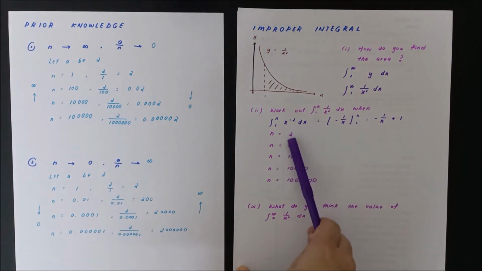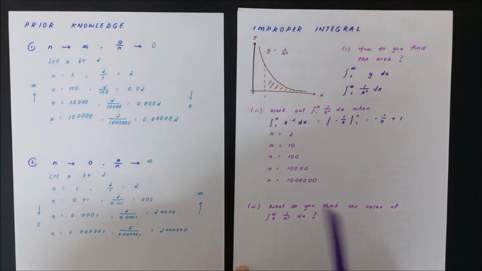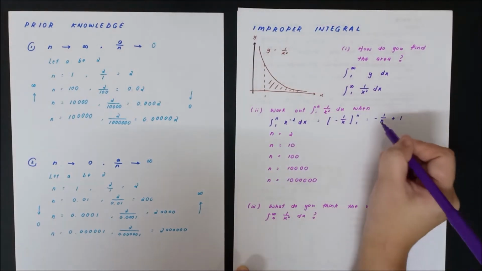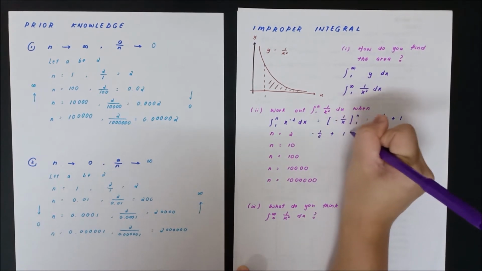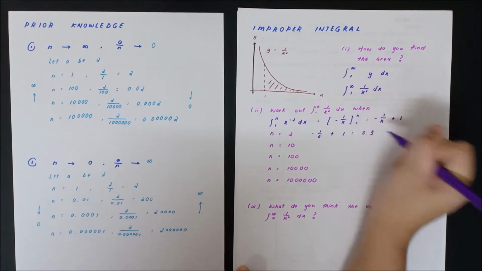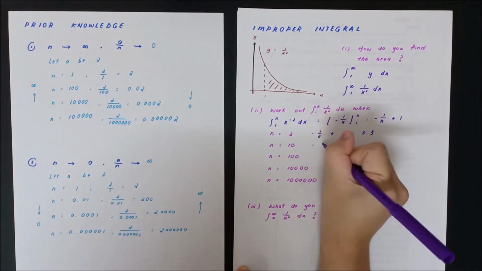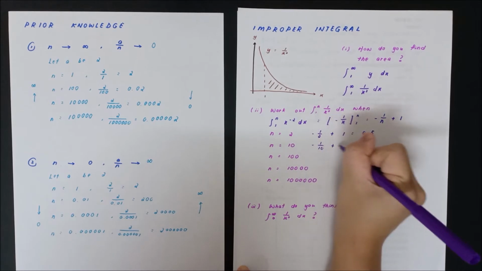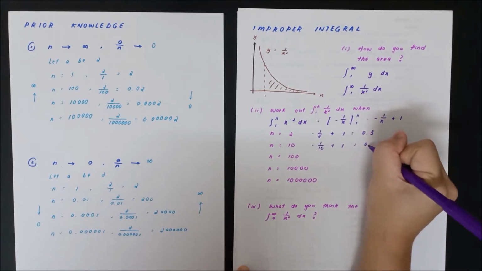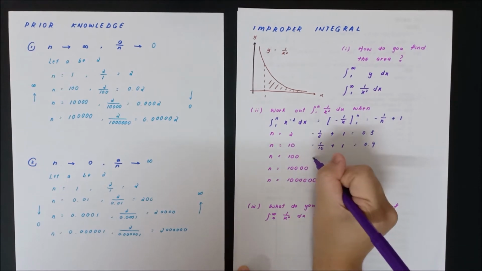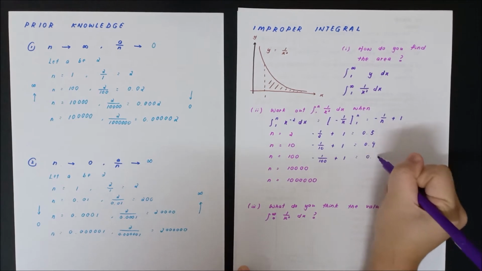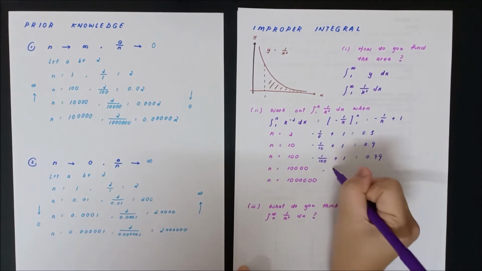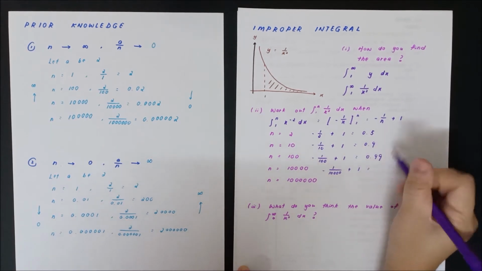So what happens if you substitute all the different values here? If n equals 2, it's going to be -1 over 2 plus 1, and you're going to get 0.5. Move on, 10. So -1 over 10 plus 1, you will be getting 0.9. Move on, -1 over 100 plus 1, I will be getting 0.99. So -1 over 10,000 plus 1, then I will be getting